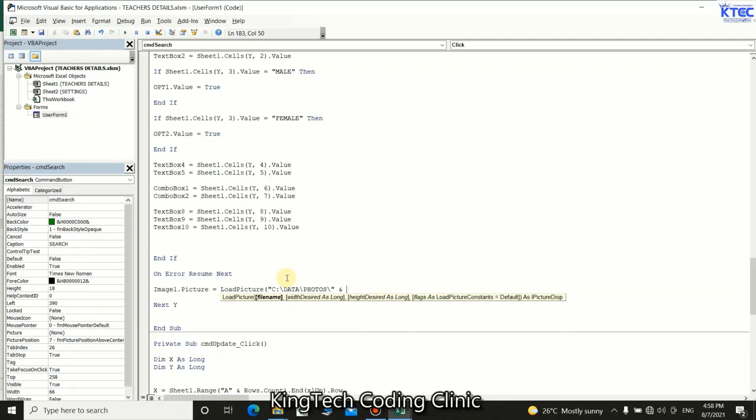So we have the text box 11. So that will be text box 11 dot text. Okay, we then would want to concatenate this to the value inside the text box 11. That is the search box. The value we concatenate it to the extension. So we say .jpg. Perfect. Now